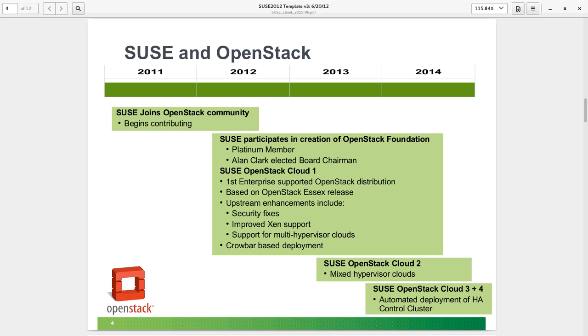And then in 2014, we actually made what we thought was a major push forward in that we automated the deployment of all of the OpenStack control capabilities in a highly available configuration.